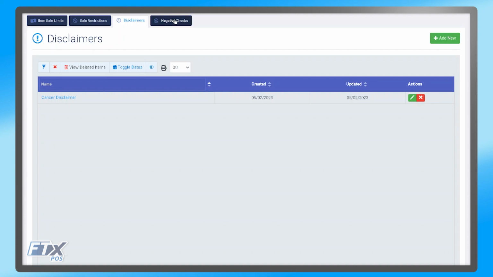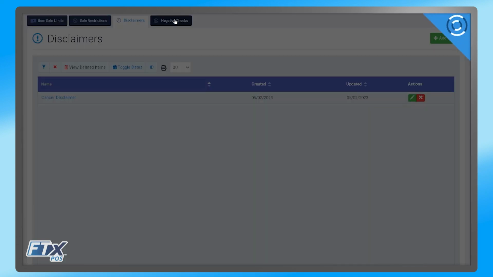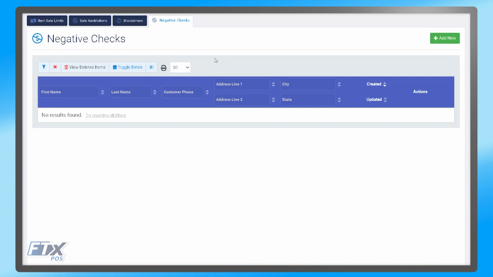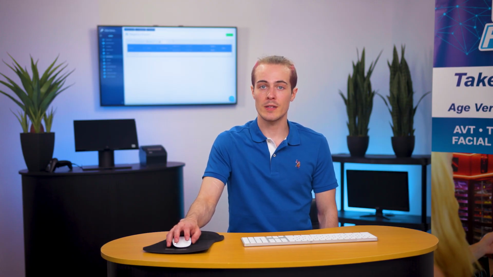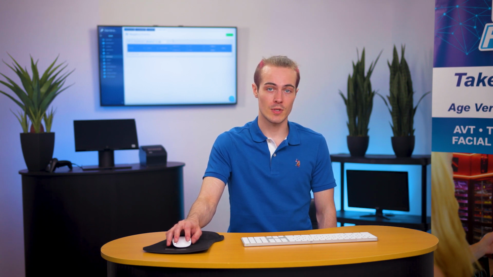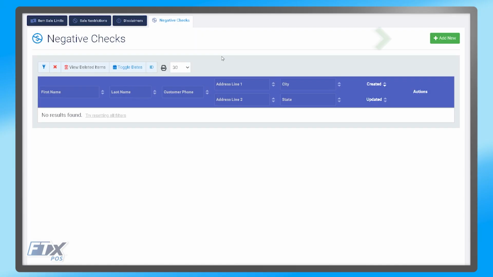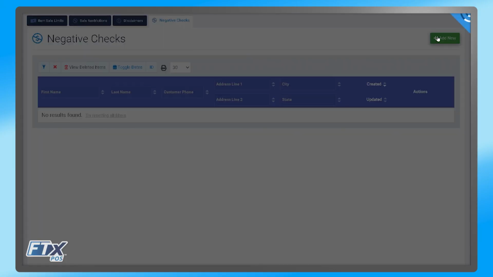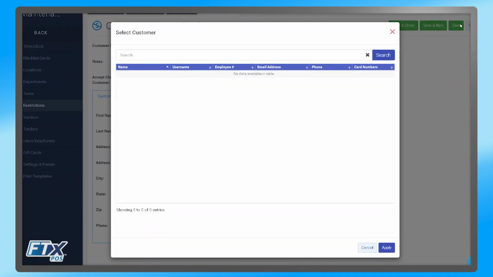Lastly, we have negative checks. So negative checks are a tool that will allow us to either whitelist or blacklist specific customers within the database from either being able to use checks at our retail locations or not be able to use checks at our retail locations. To create one, you click Add New on the top right, select the customer within the database that is having this set up for,